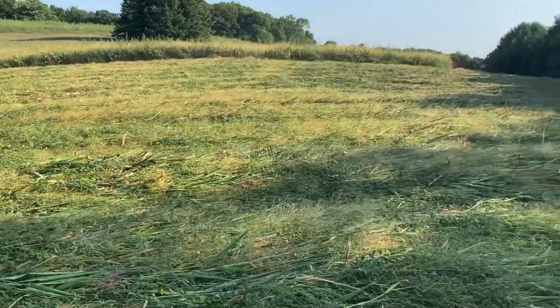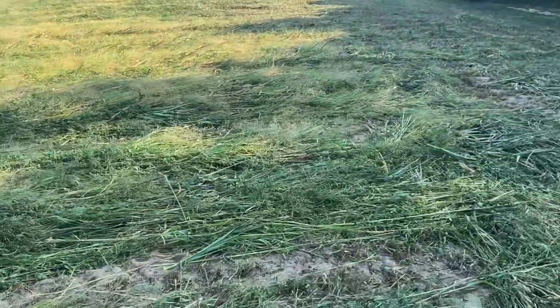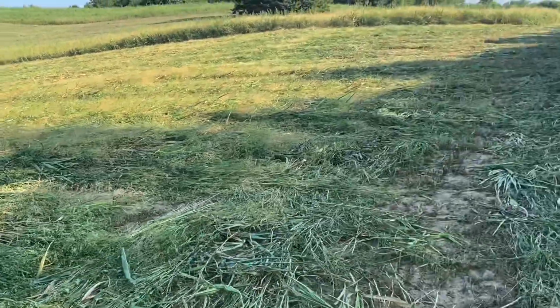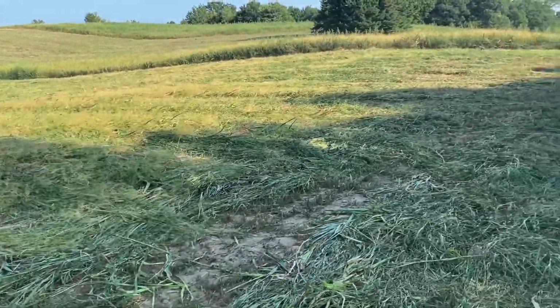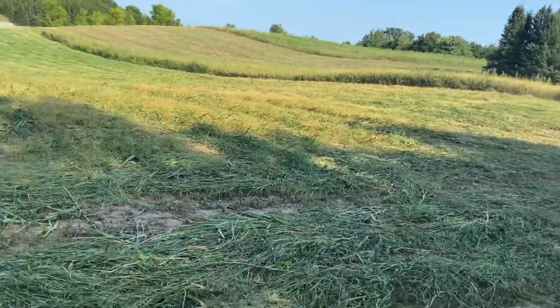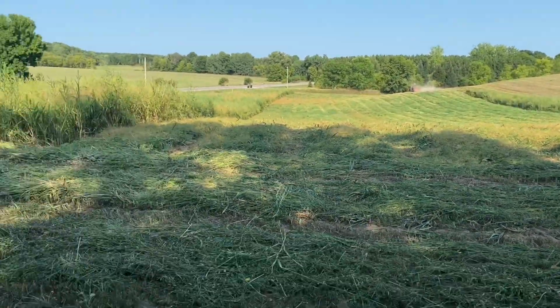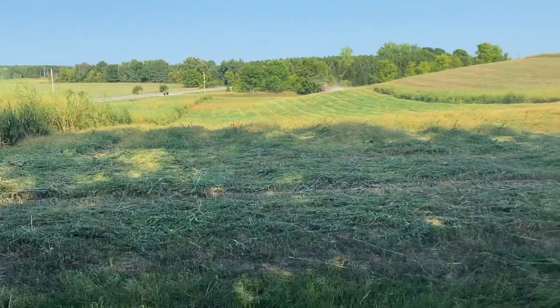You can see all the rows laying down out here, and we're gonna bale it up because this year's been such a drought year. It's gonna be easier for us to cut and bale it than it would be to buy a green chopper,